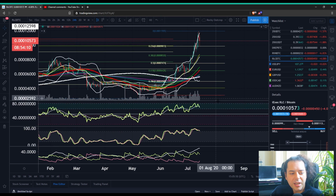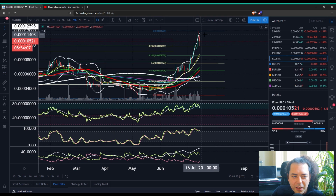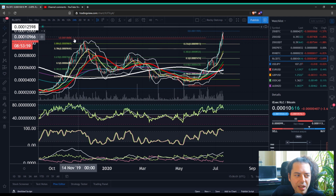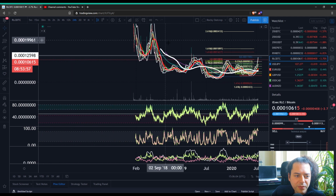Was it RLC BTC we were looking at? So they can see that, and that's actually resulted in a bit of divergence on there. And we've come down and touched the 236. That could be a decent enough entry point, having been one. 10,000 area, of course, look towards the top side at 11,700, and let's just zoom right on out and